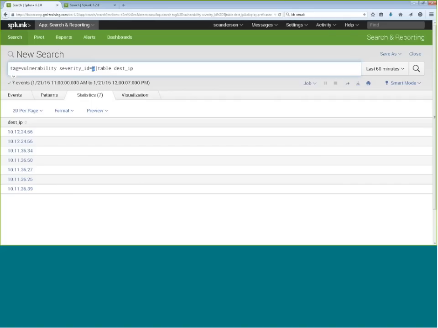So we're going to take that list of things, and using another Splunk syntax, I'm going to say tag equals attack. So certain events have been flagged, been tagged as an attack, and I wanted to use the results of the IPs returned by this one to say, hey, which ones of these are involved in an attack? So the question then is,